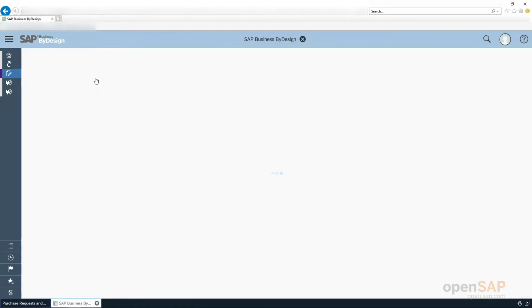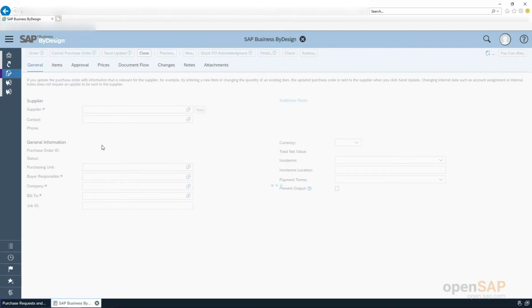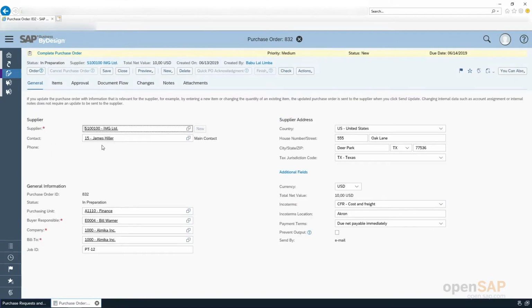It opens the OIF floor plan of the purchase order, and here you will see that the prices tab is not visible for this employee. This is because the UI switch is assigned to this business role. Okay, so with this we come to an end of this demonstration.